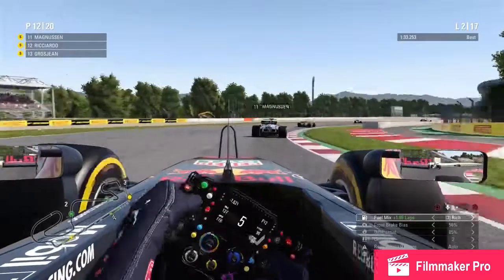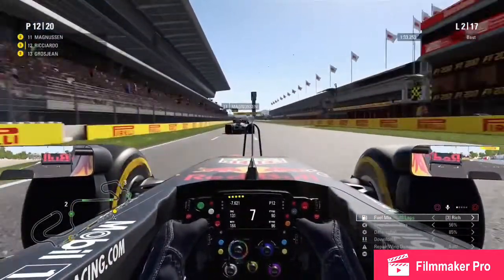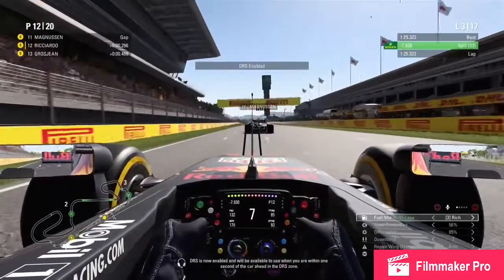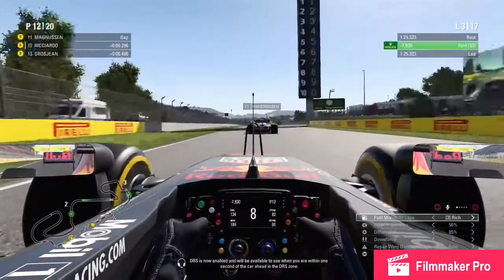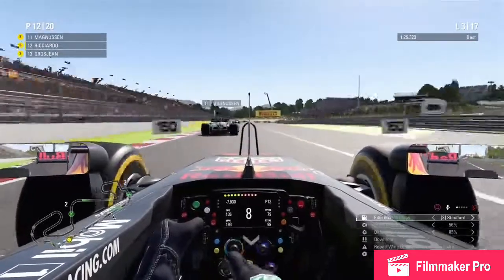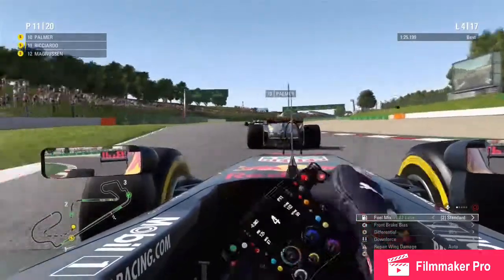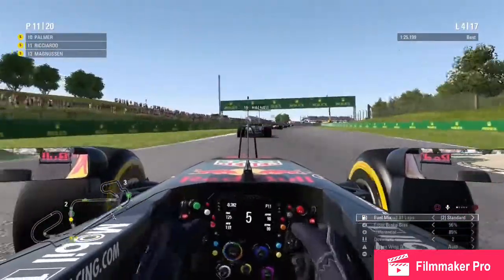So here we are coming up onto the straight. DRS isn't active yet, but on the next lap it will be active. So as you can see, DRS enabled, and we did a green lap, so that's good to tell us we're on the pace. Magnussen stayed ahead of us with that Ferrari engine, but we do go for a dive, and I don't know why I did that there, but